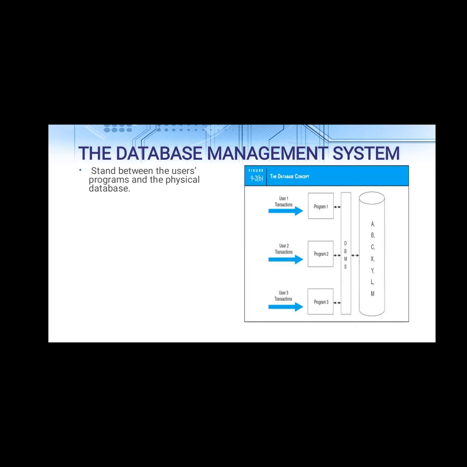So yung database management system natin, yung user natin, yung user's program natin, so si program 1, program 2, or program 3, pag may kailangan na data si user 1, si program magsisend siya ng request for the data that they need dito sa database management system natin. Since si database management system, siya yung nagva-validate or nag-authorize ng access sa database. So bago magkaroon ng access si user 1, 2, or 3,